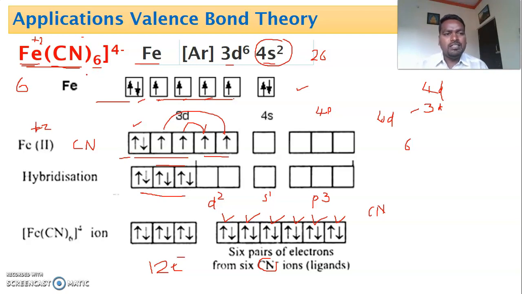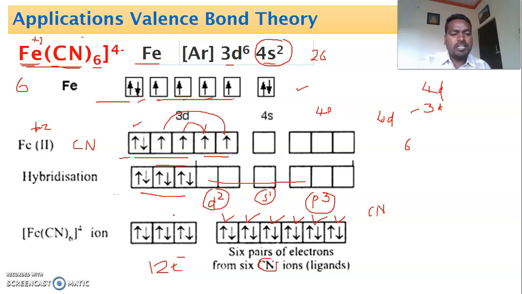If it is a strong ligand, you try to pair the electrons, and if it is a weak ligand, leave it as it is. Once this is completed, next, count the number of ligands. If there are 6 ligands, 6 orbitals are needed. So here 6 empty orbitals are created. Then you look at the nature of the 6 empty orbitals. So there are 2 d orbitals, 1 s orbital and 3 p orbitals. The d orbital is inner, that's why it is an inner orbital complex.